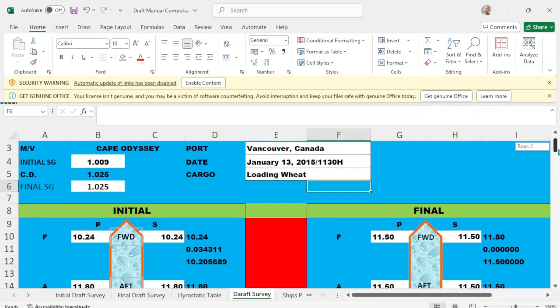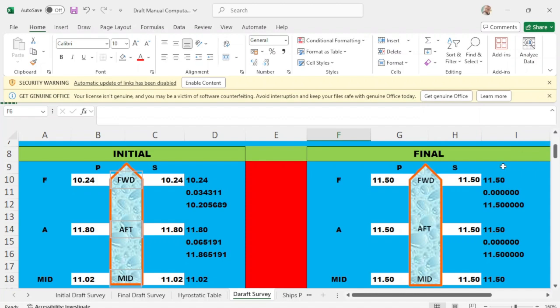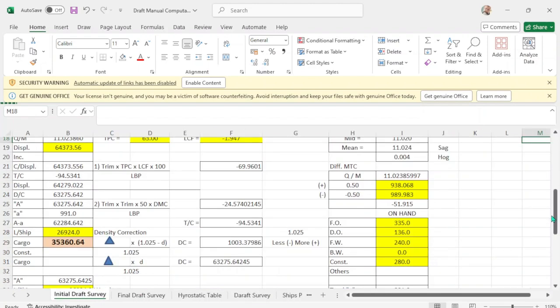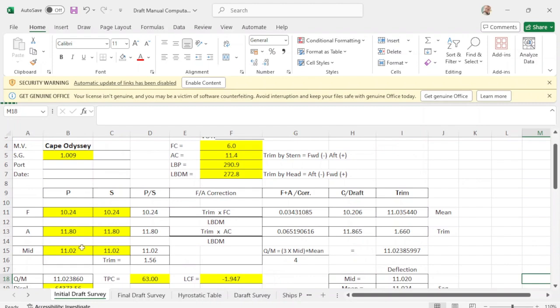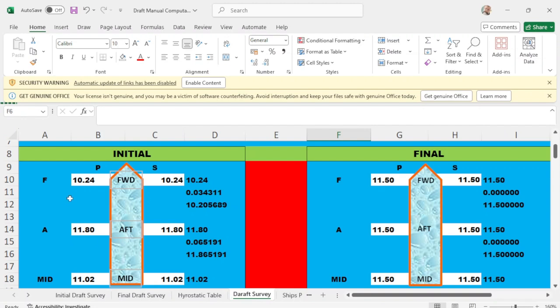And the initial drop forward is, you will check this one. Initial drop forward is the same, aft 1180, mid is 1102. With this drop, see, 1180 aft and 1102 mid. This is forward 11.